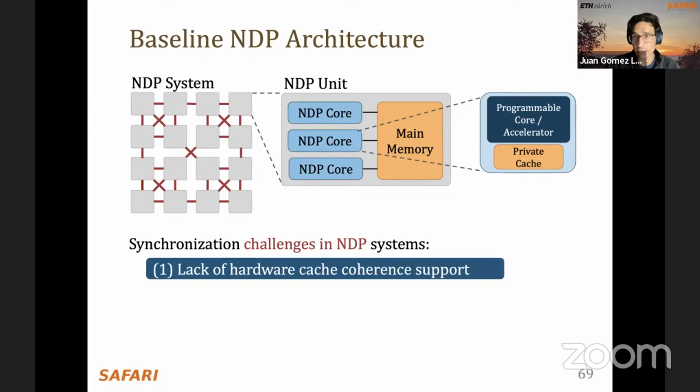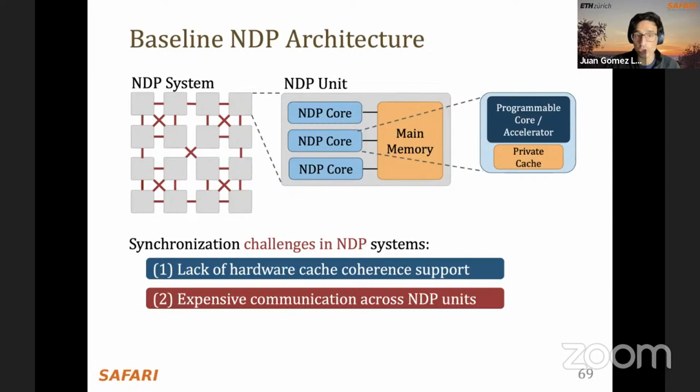And the main challenges that we have in this kind of system when it comes to synchronizing the different processing-in-memory cores are, first of all, the lack of hardware cache coherence support. By the way, observe that in the previous section of the lecture, we talked about coherence support, but it's coherence between the main CPU, the host CPU, and the processing-in-memory side. Here we are talking about lack of coherence support in the processing-in-memory side itself, across the different processing-in-memory cores. And also the communication across NDP units is expensive, because in the end it's off-chip communication,